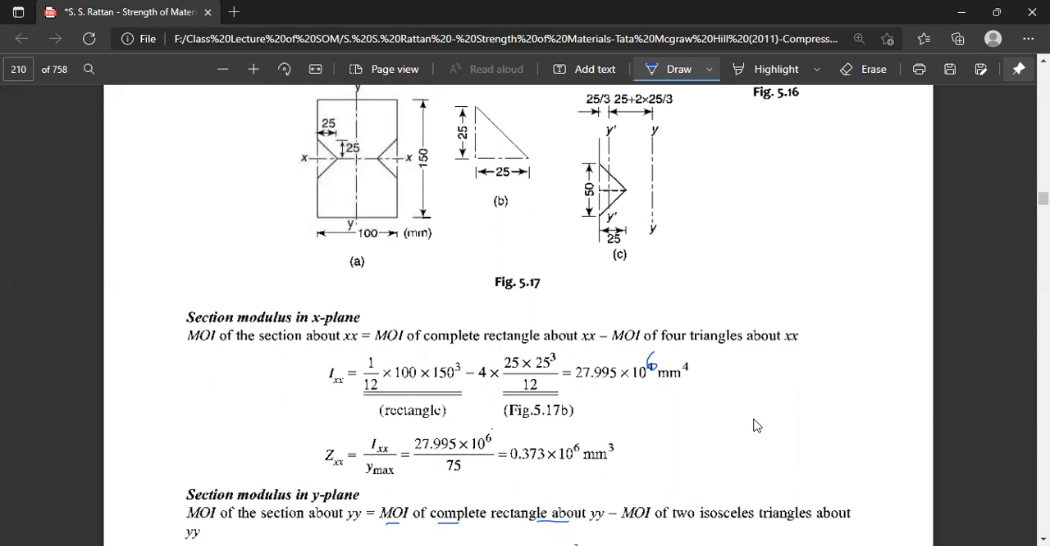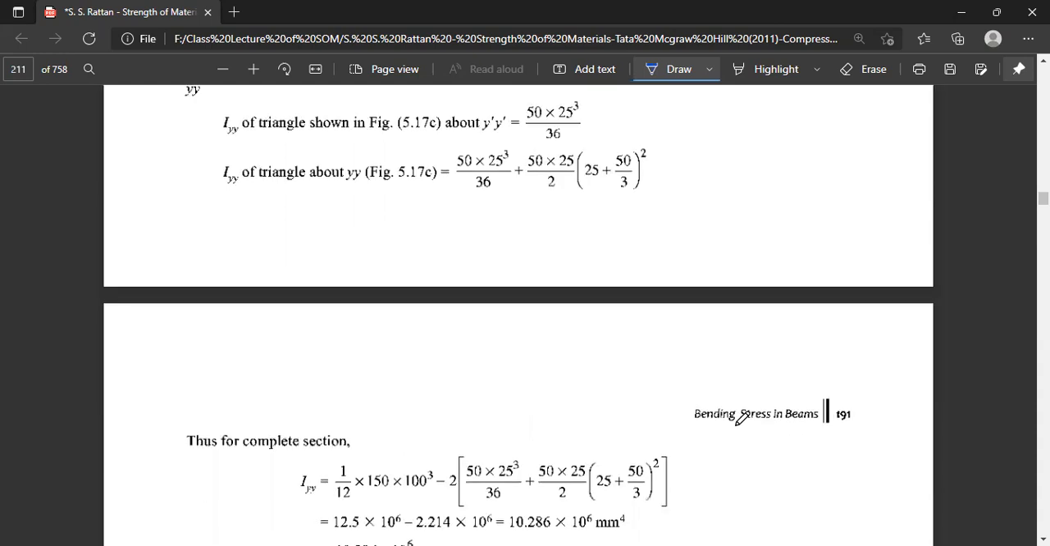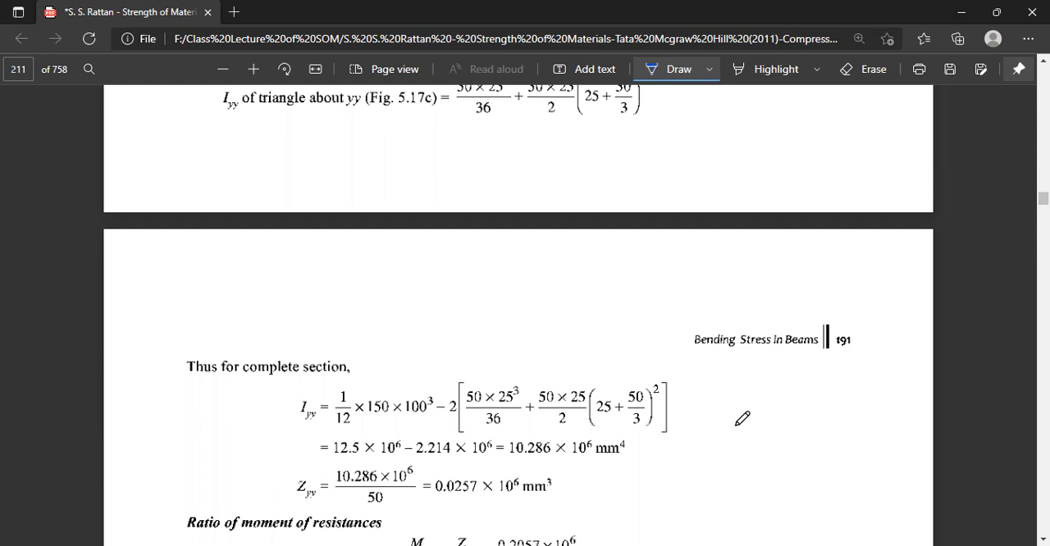This distance, we have just discussed, is given here. So if we simplify and solve, this is the moment of inertia of the rectangle with base equal to 150 and height equal to 100. So 1 by 12 into 150 multiplied by 100 to the power 3, minus 2 into 50 into 25 to the power 3 divided by 36, plus 50 into 25 by 2 into 50 plus 30